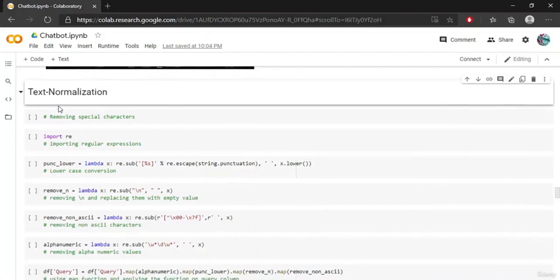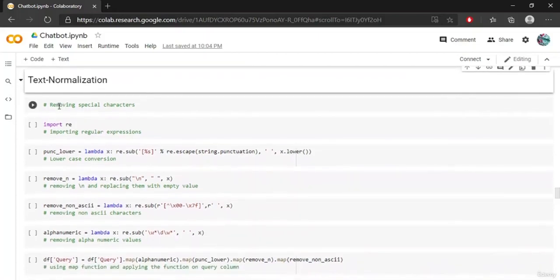Text normalization helps us convert all letters to lower or uppercase. We are going to convert all the text into lowercase. Text normalization will also help us convert numbers into words, or remove all the numbers. We can also remove white spaces, expand abbreviations, and remove stop words, which are nothing but most